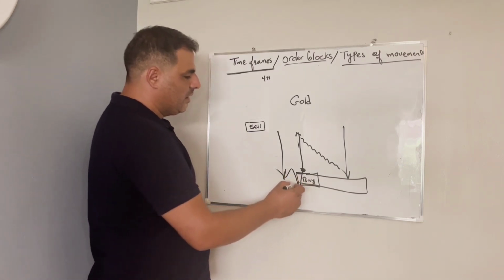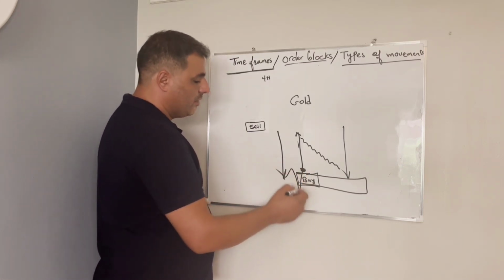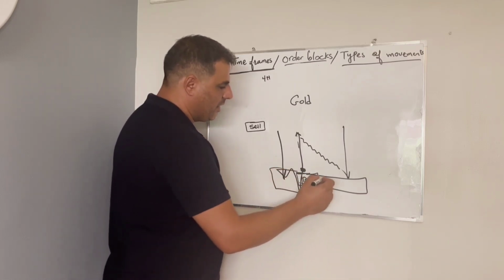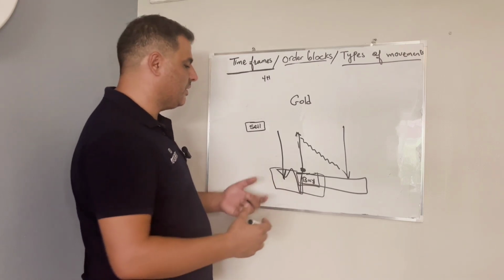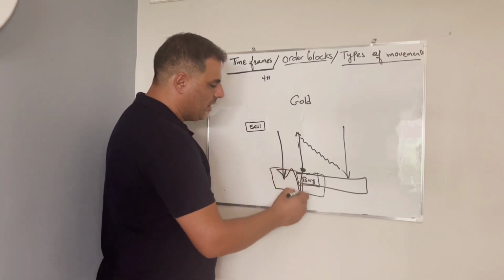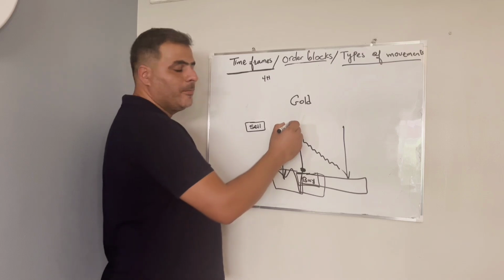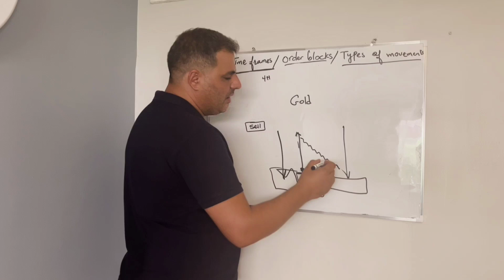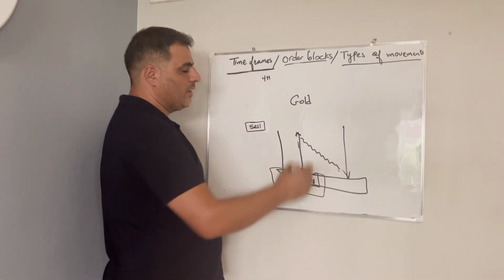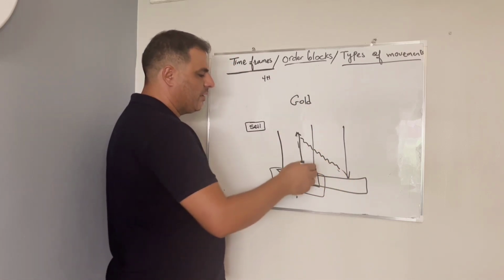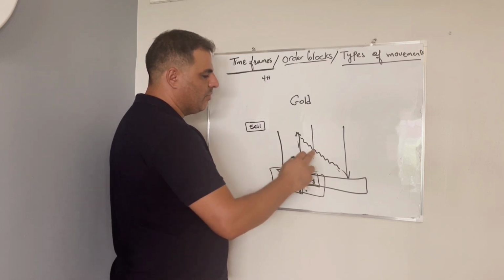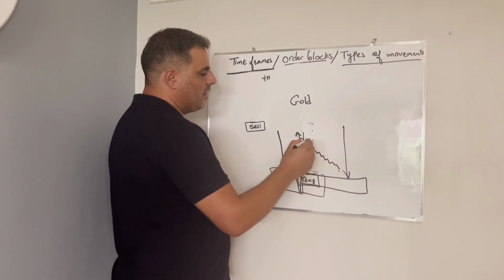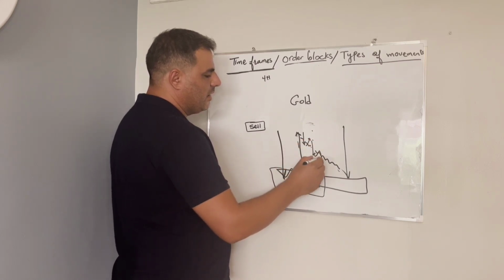So we see an order block forming here. This is not all the information that you need. I'm trying to go into it step by step. But anyway, you see the triangle shape here and the sharp movement. What you want to see next is that the price goes back here slowly, not with another sharp movement. If it goes with another sharp movement, don't take any chances, don't buy yet. But if you see the price goes here and then you see a small candle, and then another candle, and then another candle, and then like this,